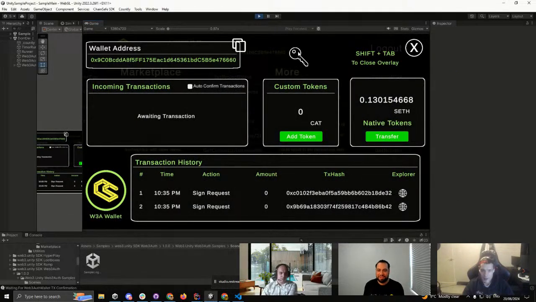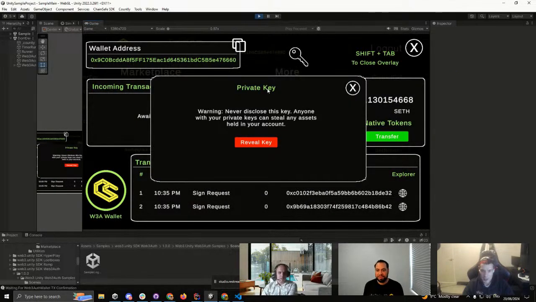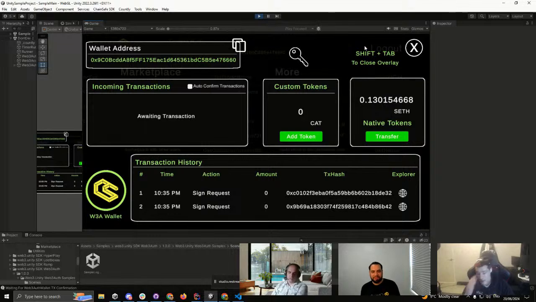We also have a private key section here, which again, if you hold this down, similar to MetaMask, you get a little load thing, and once that hits the top, it will open up and you'll get your private key. So you can then use this if you had games that were tying your wallets to your social login and you wanted to, for whatever reason, pull this wallet out. You can literally just take that key and drop it straight into MetaMask, and it will import exactly like a normal EVM wallet. You can access it and do things that way.